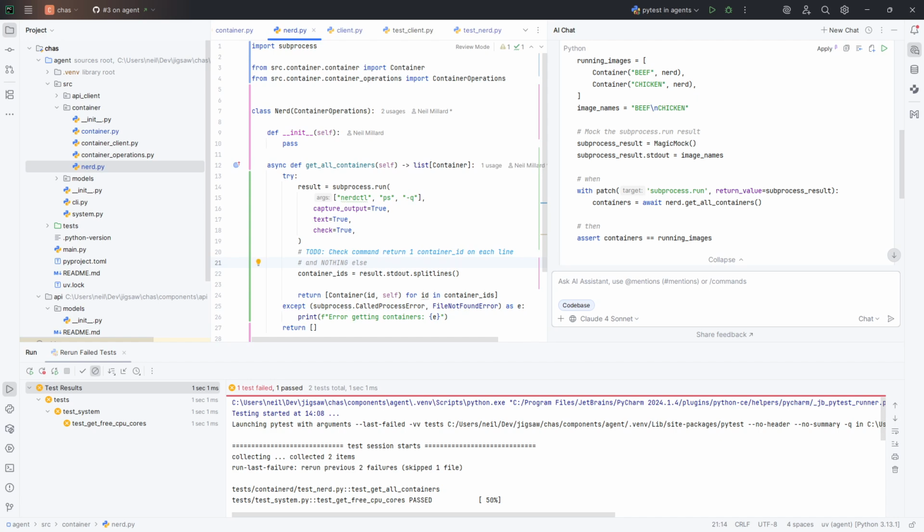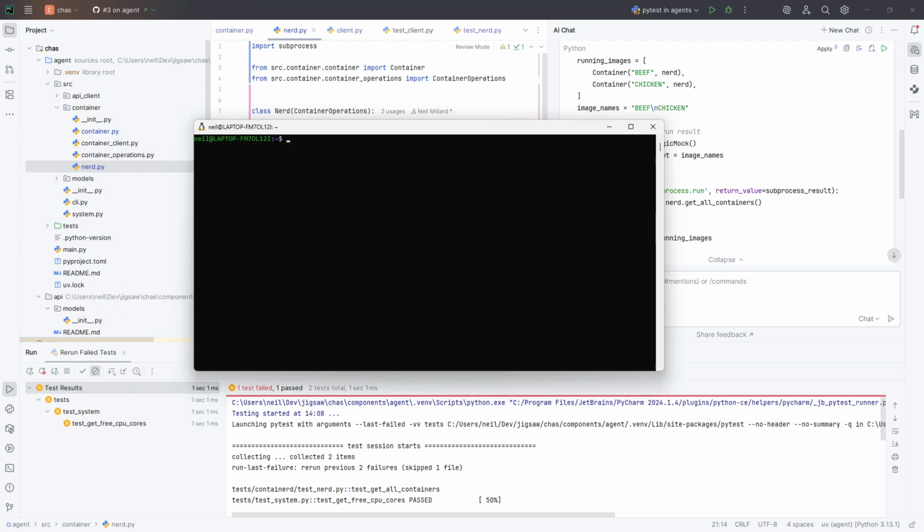Because my current thought is, remember when we did the command line, where's that window gone? Oh wow, did I kill it? I got quite upset with the window, sorry about that. Let's open the window again. It wasn't that bad. If we do nerdctl ps, then we get a list of gubbins here, which is